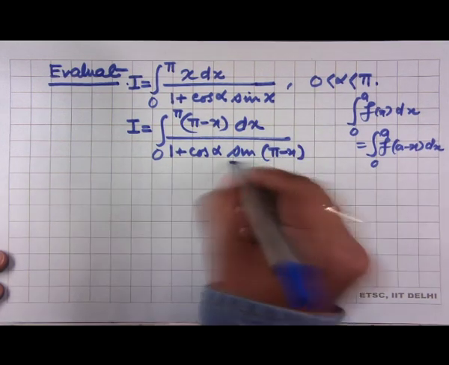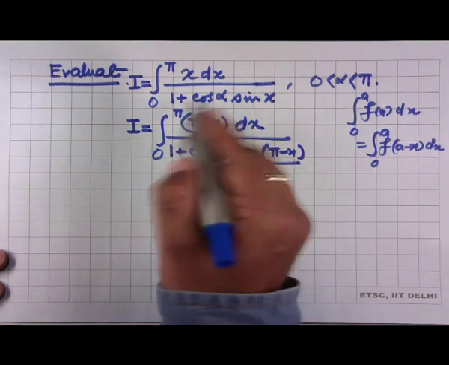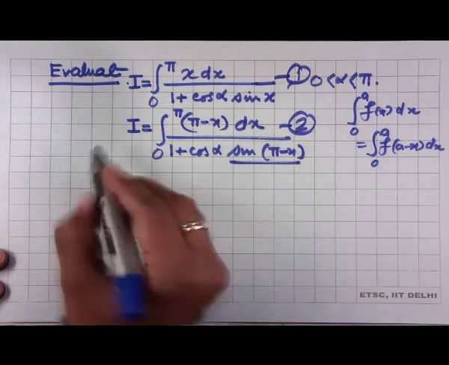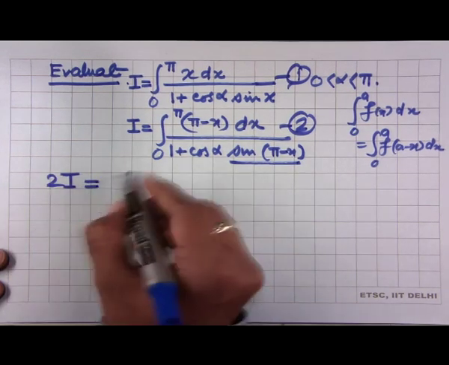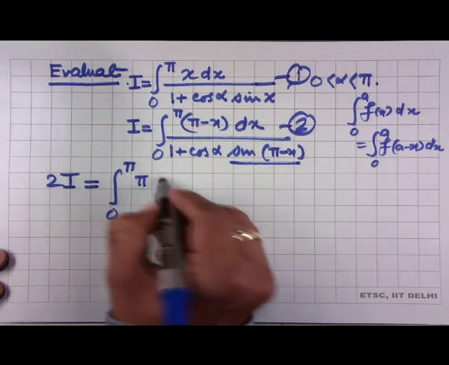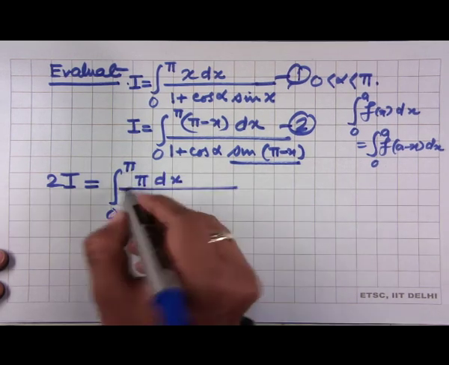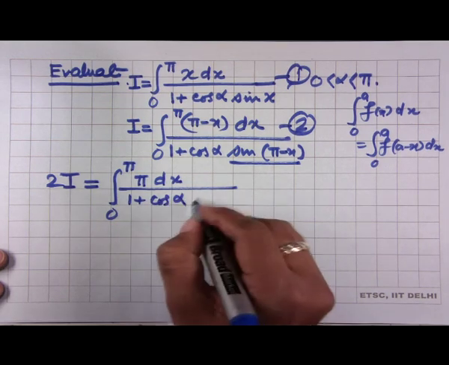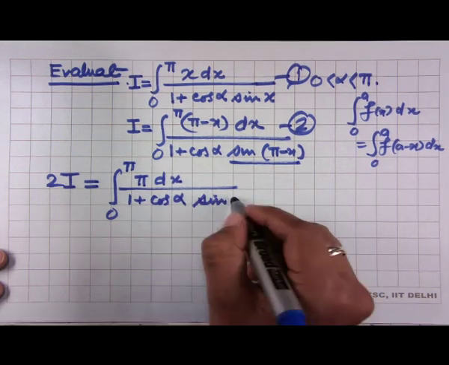Sin(pi minus x) is sin x, so the numerators of equations 1 and 2 will both be the same. If you add, you get 2I on this side, and this side will be pi dx upon 1 plus cos alpha sin x,